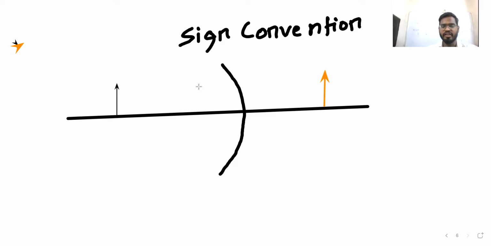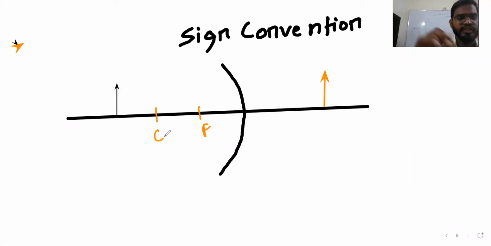Obviously it is wrong. The image formation shown there is wrong, but it is to understand the convention that we are doing, so don't consider it correct. So this is the focus, and this is the center of curvature. As we know, if the object is beyond the center of curvature, the image will form between C and F, but what I am considering here is the pivot, because we want to understand something from here.